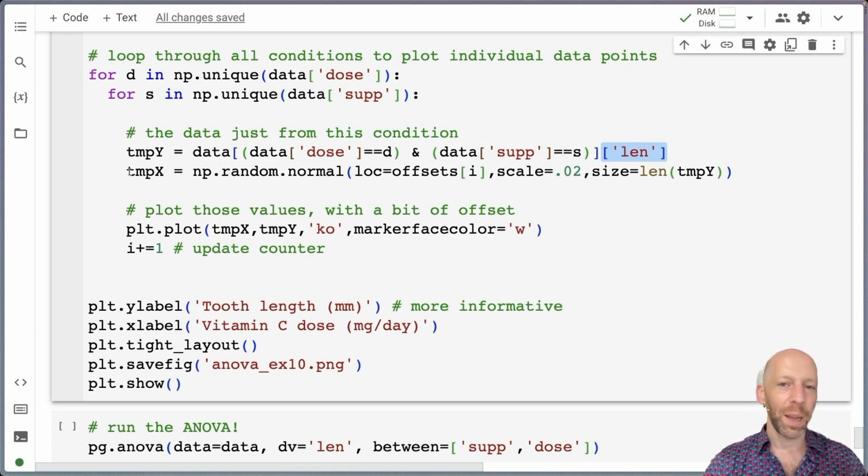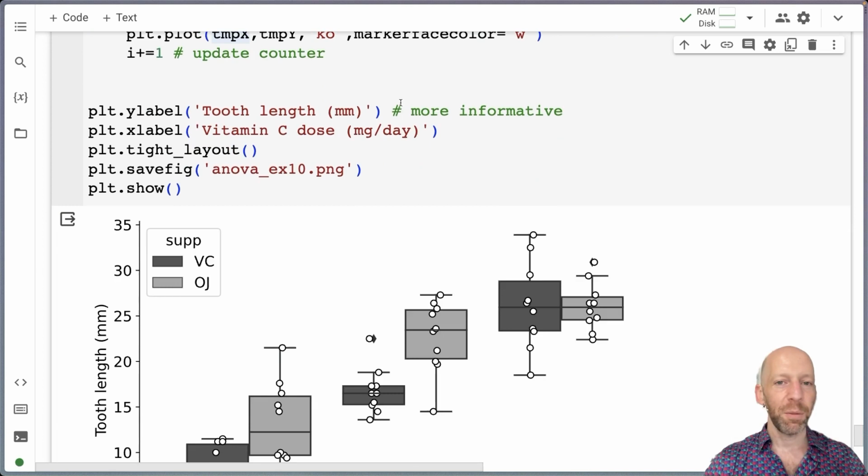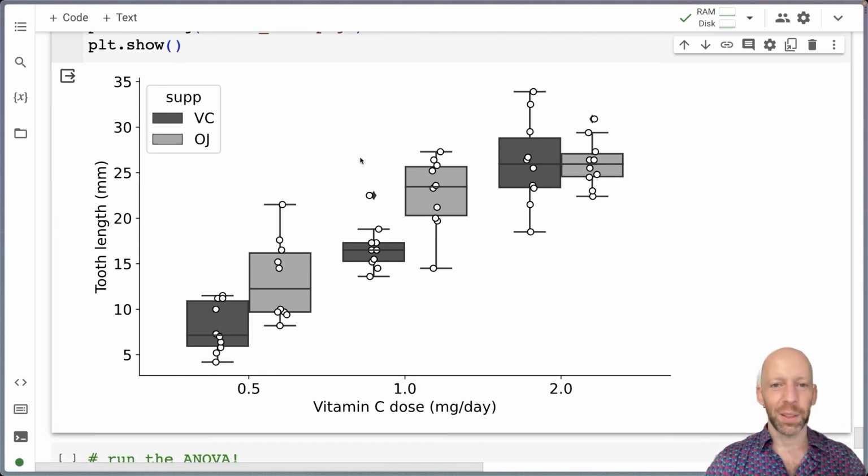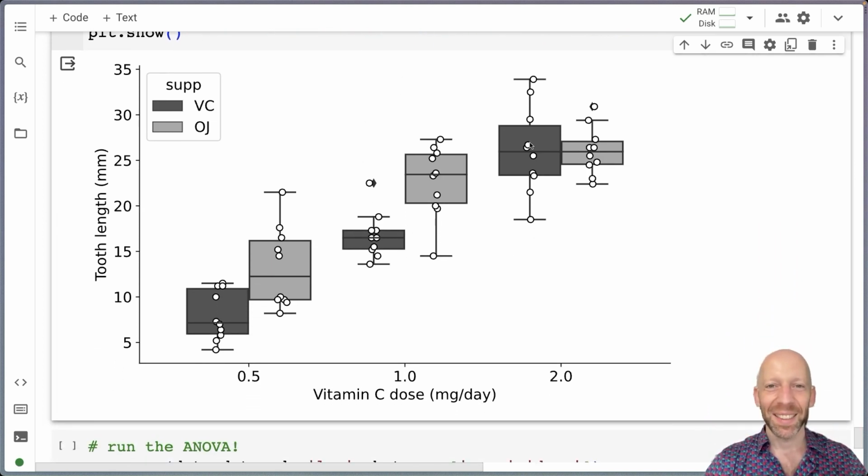And then just to make the plot look a little bit nicer, I also set a normal distribution of numbers. So I create random numbers normally distributed to have on the x-axis. That's just to create a little bit of shuffling to get the dots to mix around a little bit. Okay, so here you see the figure, and this is nothing too shocking because it's exactly what I showed